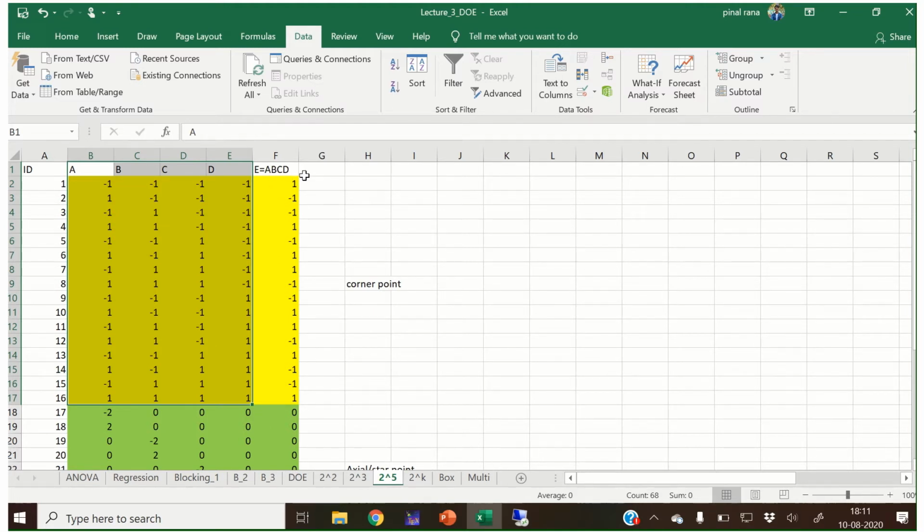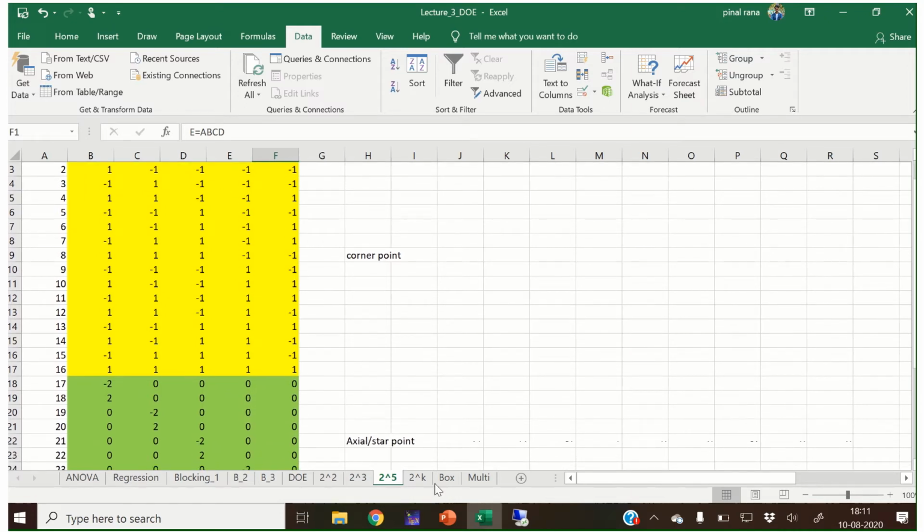In that, I want to add the fifth variable, which is E. So in the E variable, I did the multiplication of all these four, all this row. So minus 1 into minus 1 into minus 1 into minus 1 will give you 1. Same way, the multiplication of this row will give you this column.